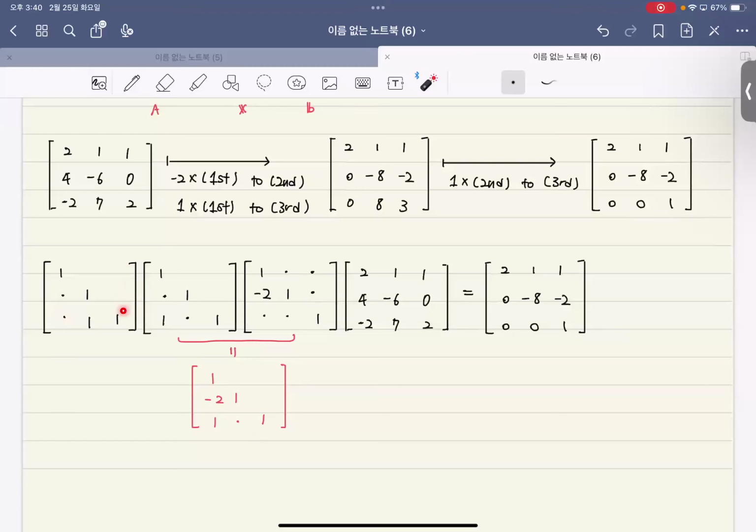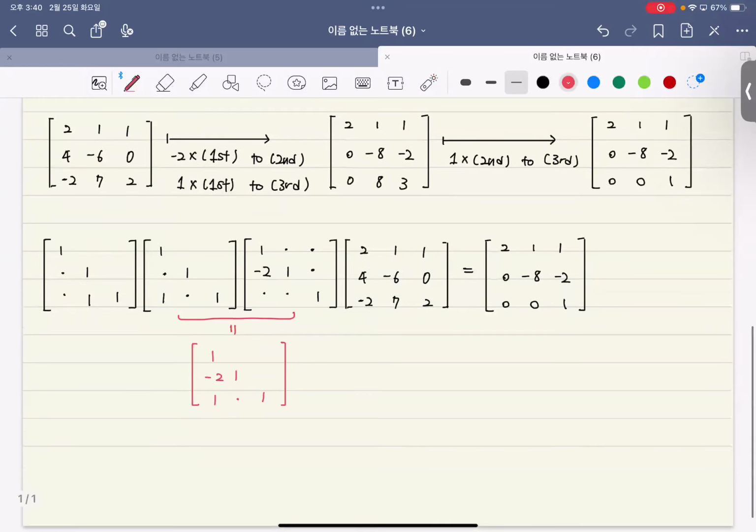And I am multiplying this matrix to this elementary matrix. So multiplying these two, I have this. So this is what I have: one in this entry. That means I multiply the second row of this guy by 1 and add it to the third. That must be the result. Then it has to be